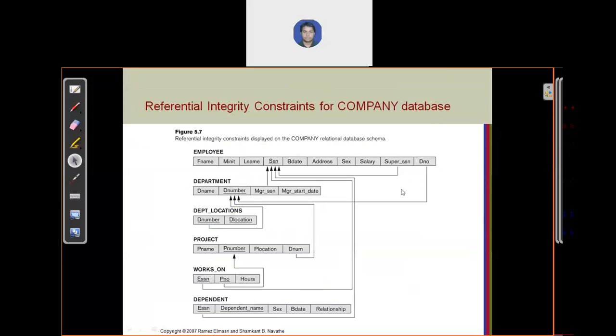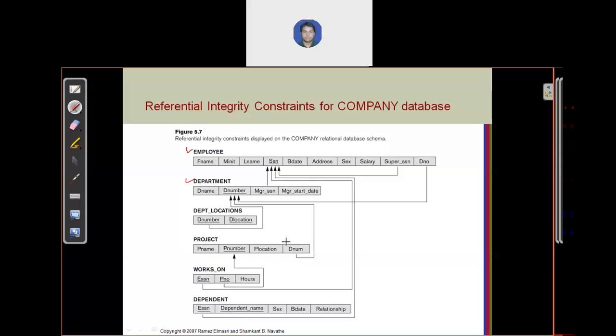So how can we display the relational database schema and its constraints? You just directly see this relation. There are n number of relations: employee, department, location, project, and the relation name. You just write the relation name above, then below it write the list of attributes. Write the table name or relation name, and below it write the list of attributes in this format.